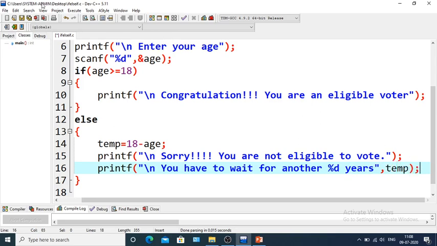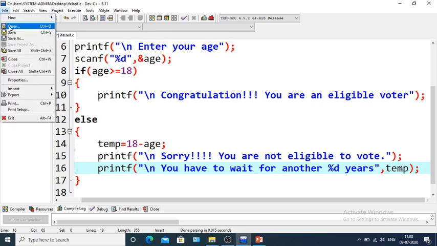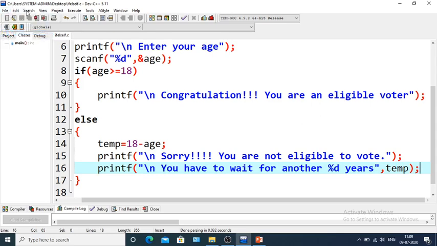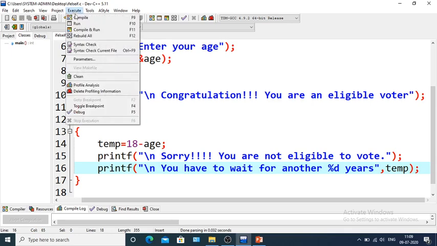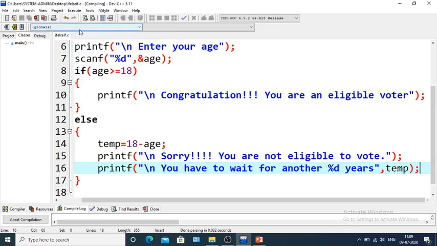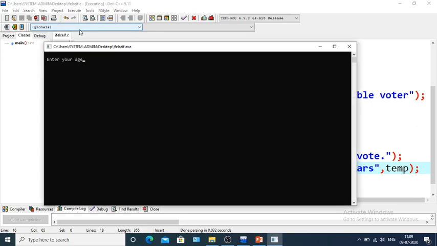Okay. So save the program. Now execute it. Okay. Suppose my age is 23. I am an eligible voter.